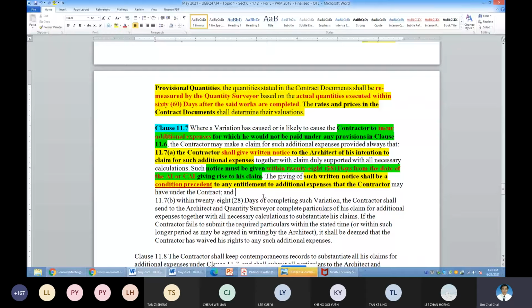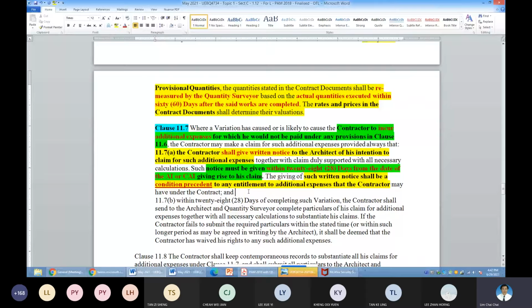Repeat, the rights under PAM 2018 are your contractual rights. If you don't follow the procedures as written under the contract, the rights of any party that didn't follow any of the procedures would be extinguished contractually. It is different from your common law rights. Common law rights are different. You look at your Limitation Act. For your rights under common law, the duration of your rights expires after the expiry of the Limitation Act provision.